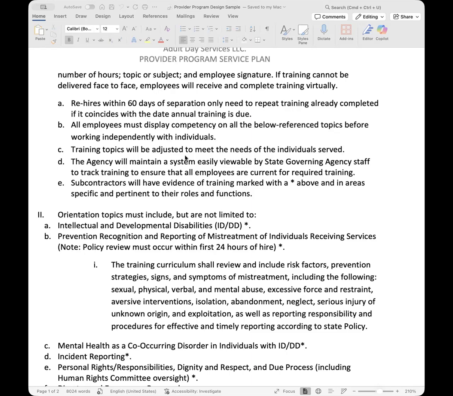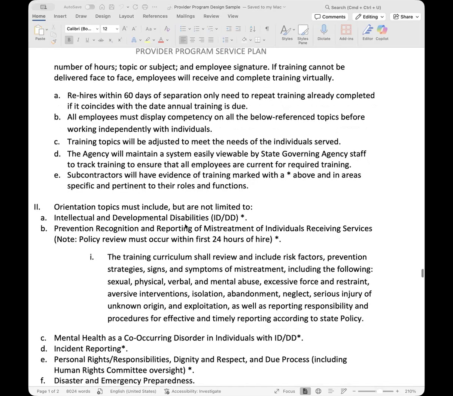You want to make sure you provide those trainings based upon the services you're going to be providing and the clients you're going to be servicing. So keep that in mind. The trainings that are below are the minimum state mandated trainings. However, you as the agency are responsible to make sure your staff are trained to provide all of the services that you plan on rendering.